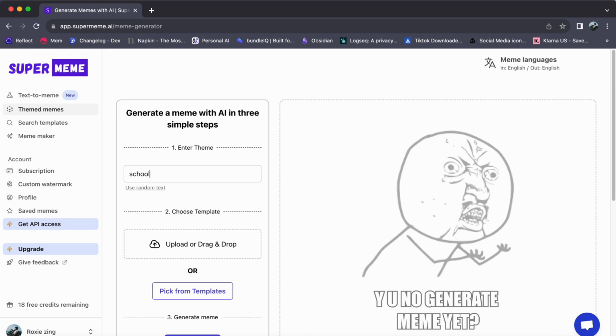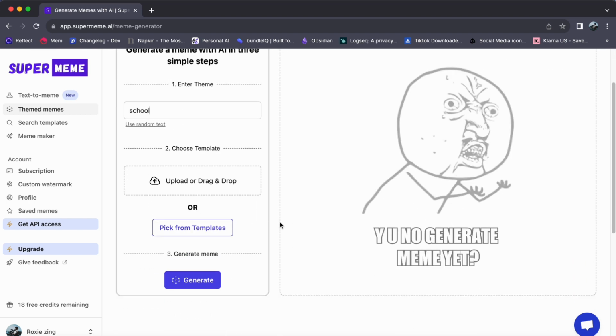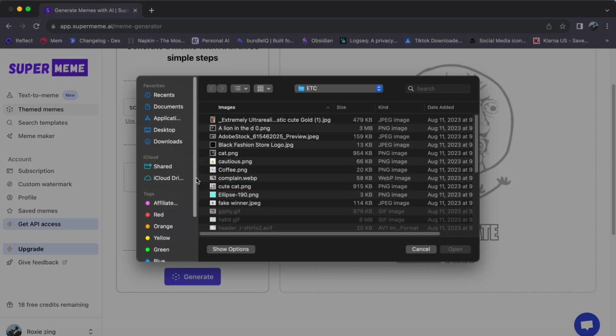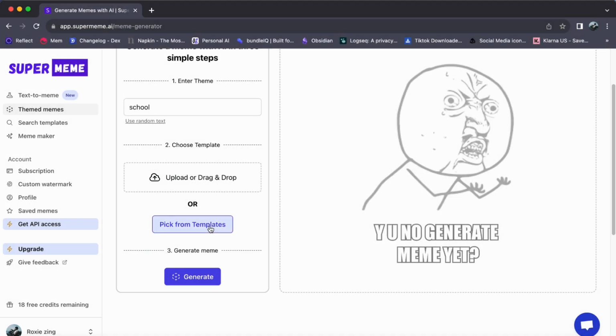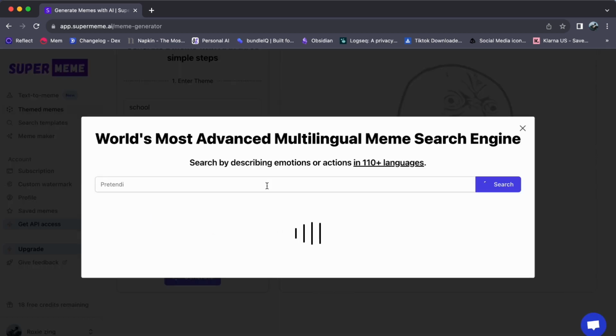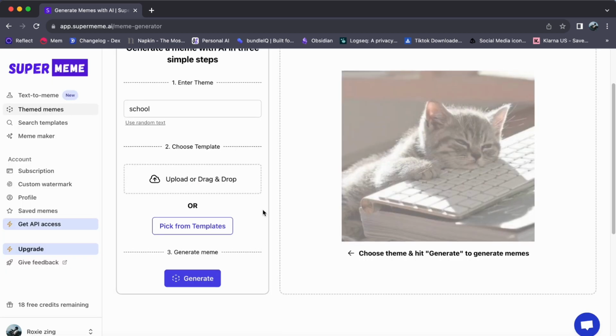Step 3. It's all about style. Browse through our extensive template library. Or if you are feeling extra creative, upload your own image. If a template catches your eye, go ahead and select it. And that's it. Hit the generate button and lo and behold, you've got yourself a meme that captures the essence